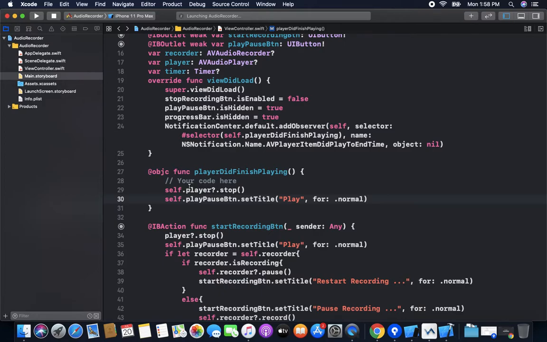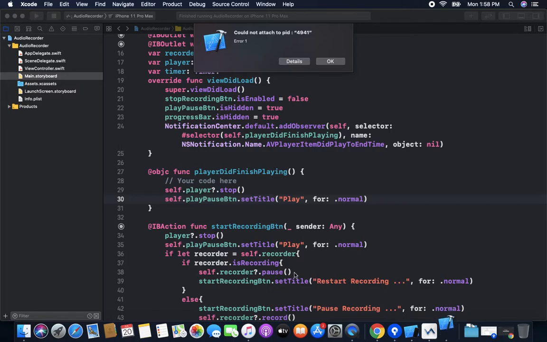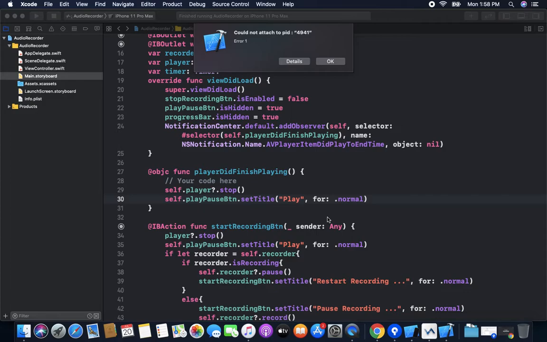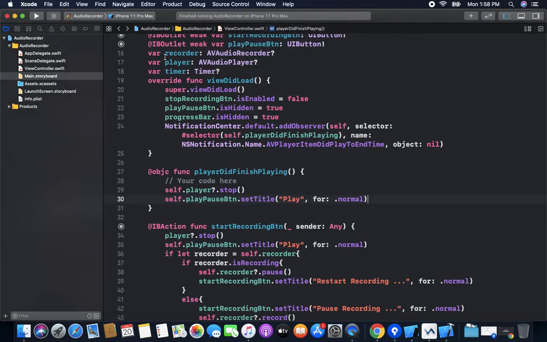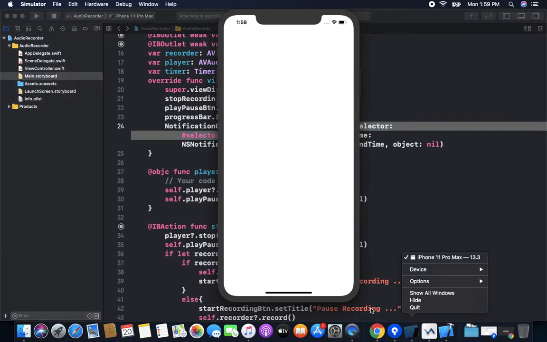We just see our UI. It's initializing our app.